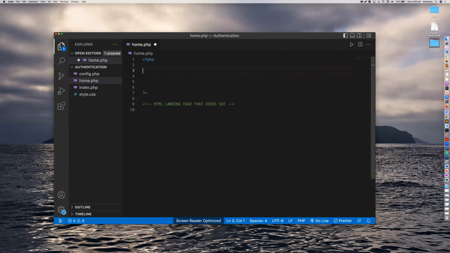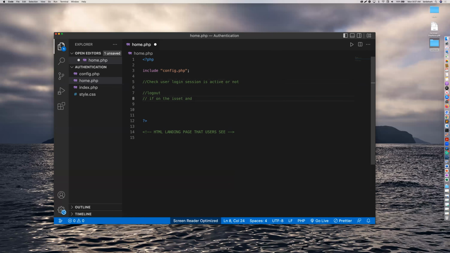So you need to include the config.php. Okay. And then you need to check if the session, I'll put it right here and let you figure it out. Check if the user login session is active or not. And then you need to create a way to log out. So how do you do that? You do an if on the isset